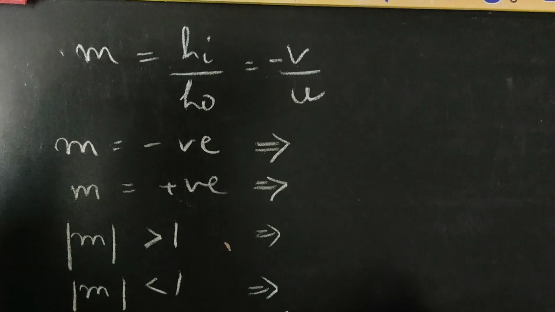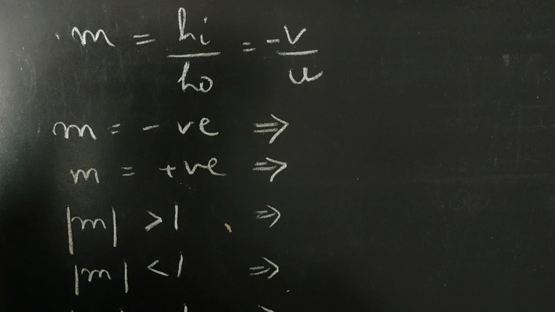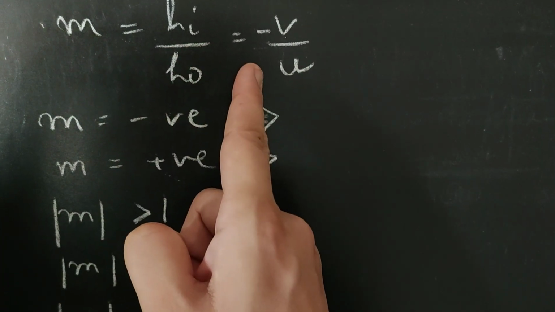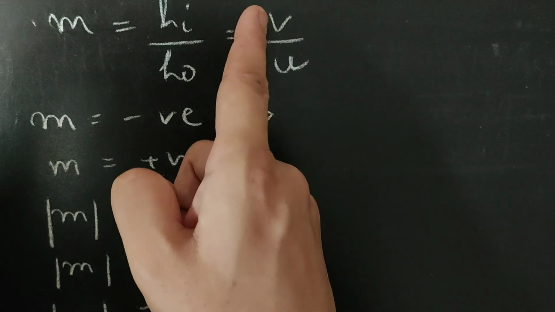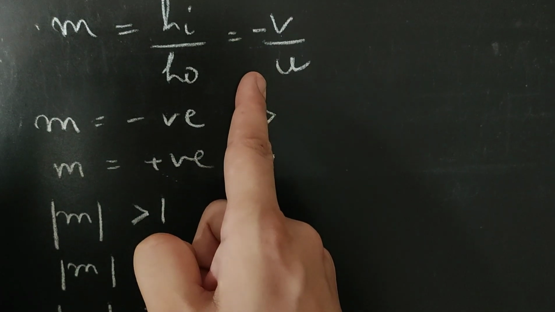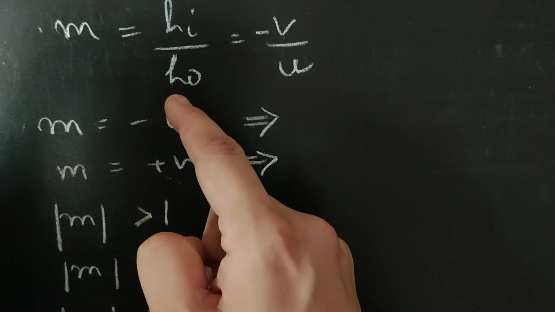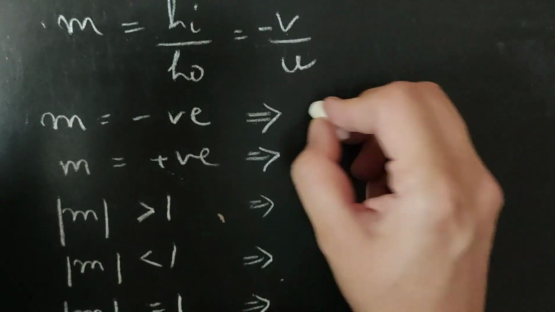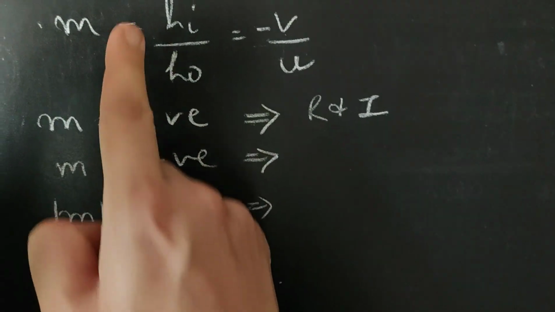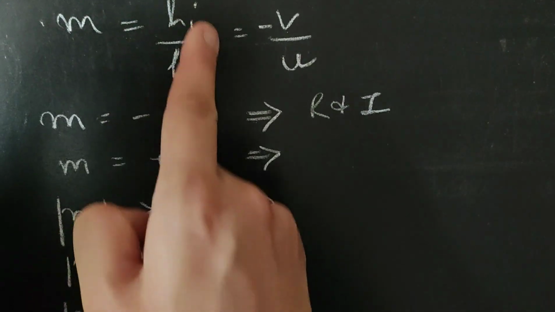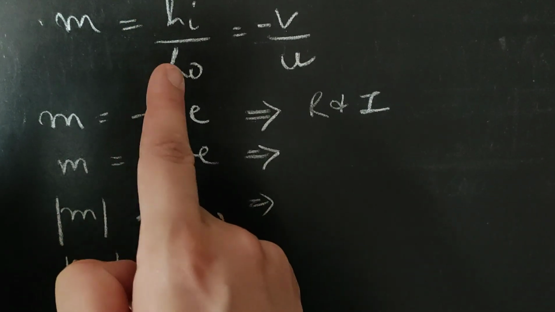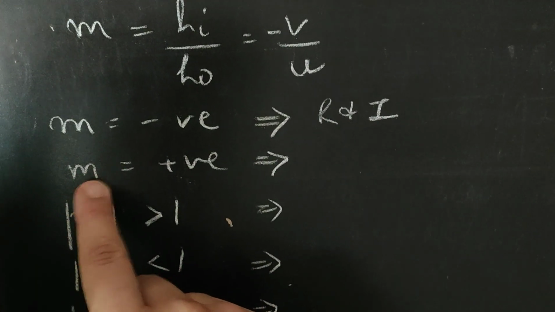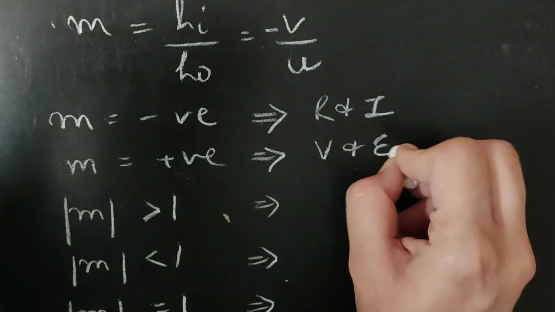Let us quickly recapitulate the concept of magnification once again. Magnification is the ratio of image height to object height, or in case of mirrors it is also defined as negative ratio of image distance to object distance. Now looking at this fraction, we can very well make out if magnification is negative, that means the image is real and inverted. किसी एक का साइन अगर ऑपोजिट होगा तभी ये फ्रैक्शन नेगेटिव आएगी, और ऑपोजिट होने का मतलब इन्वर्टेड इमेज. Real images are always inverted. On the other hand, if magnification is positive, this implies images are virtual and direct.